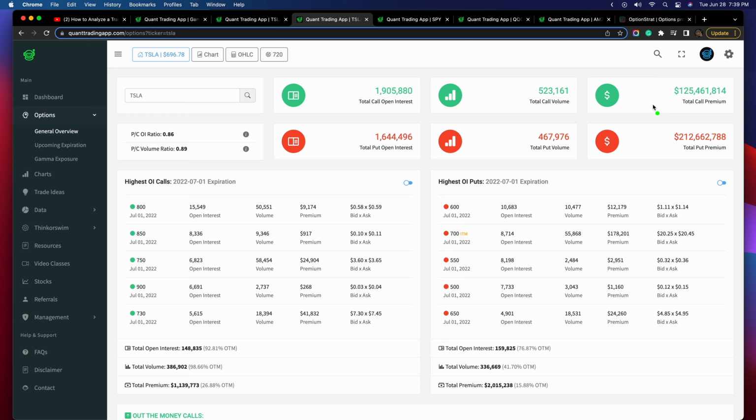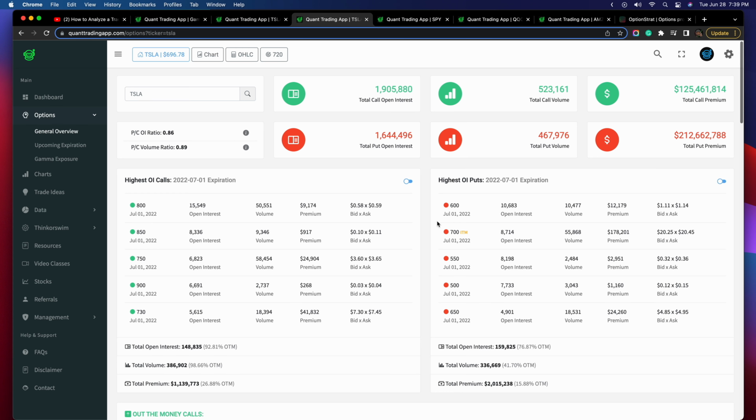If you know how to sell premium, which is the spread we're going to be talking about today, known as the iron butterfly, as well as a long call butterfly and a long put butterfly. We'll be getting to that a little bit later, but don't worry about it if you don't understand that now. Just know that Tesla is a beautiful stock to be selling premium because of how much value you generally get